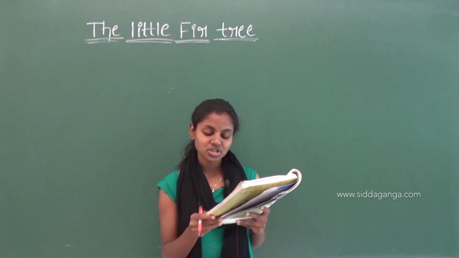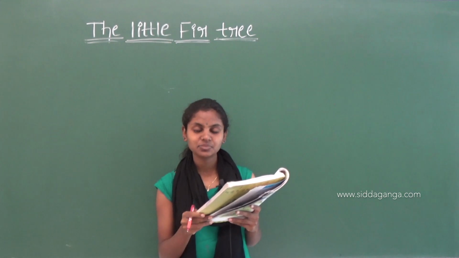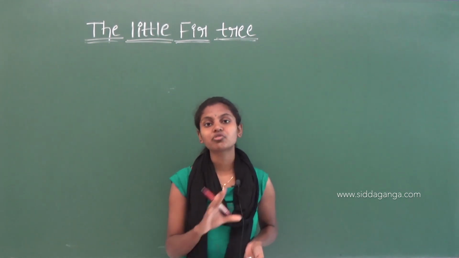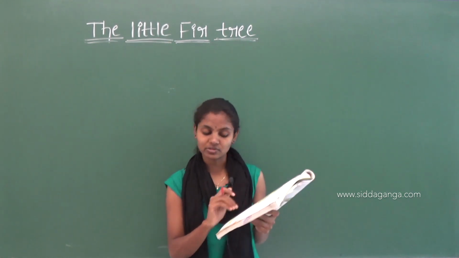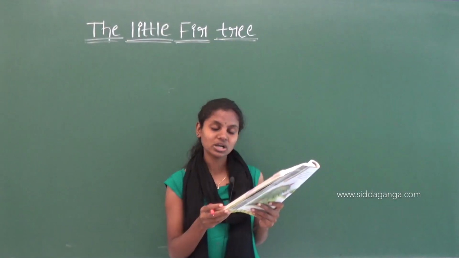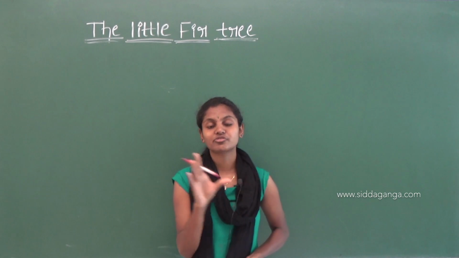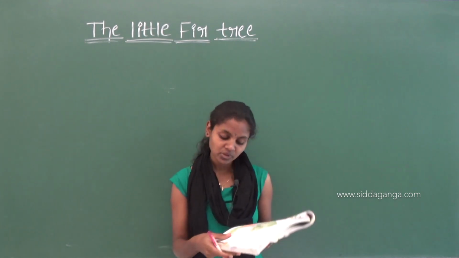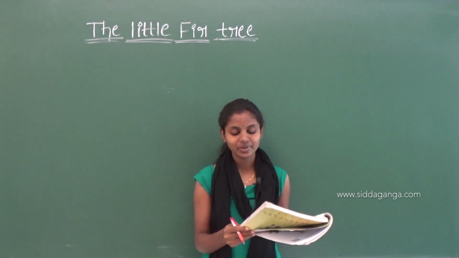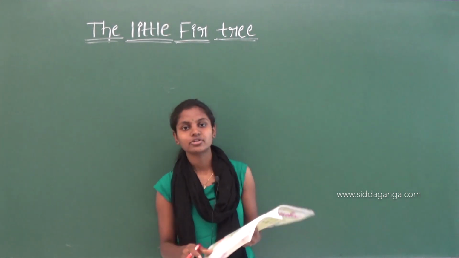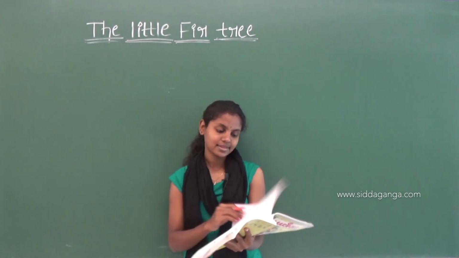And first option is because the goats came and ate them up. It is for green leaves, not for golden leaves. And third option is the gold leaves broke. No, it is not for golden leaves, it is for grassy leaves. So the correct answer is a man stole them. Understood? Yes. Next, go to the